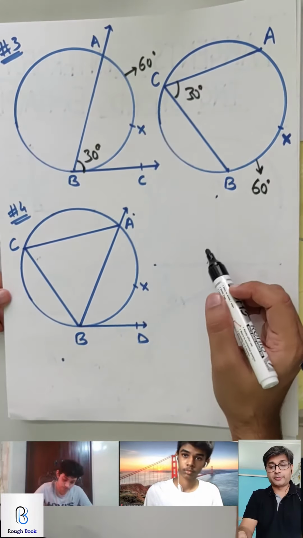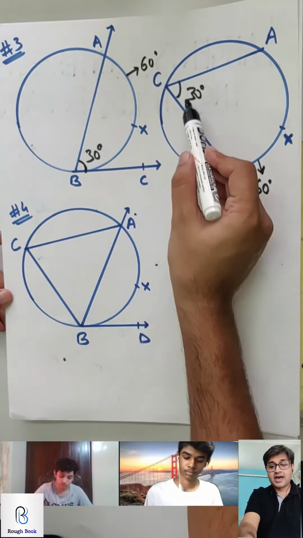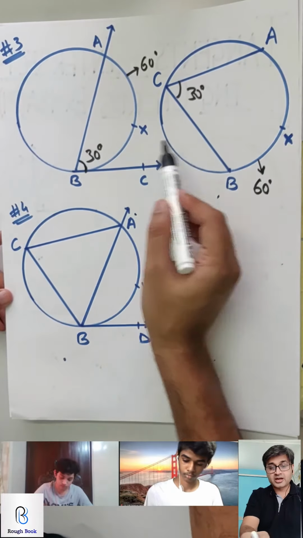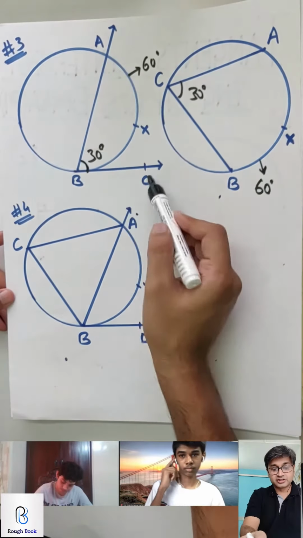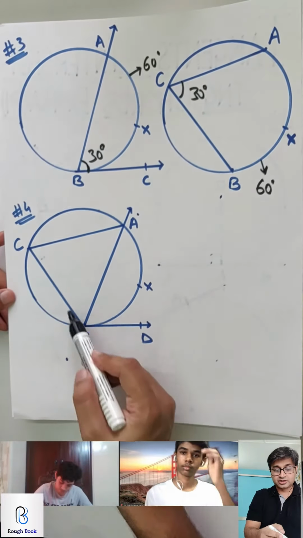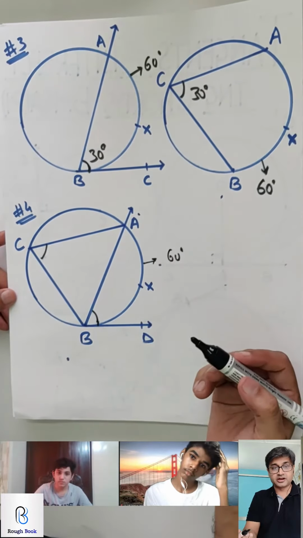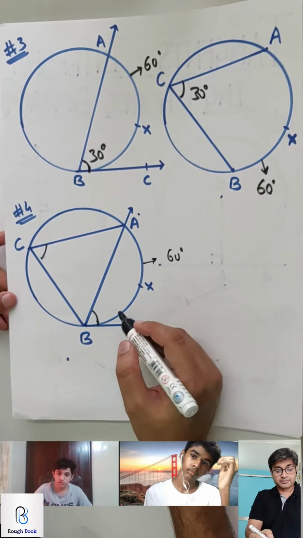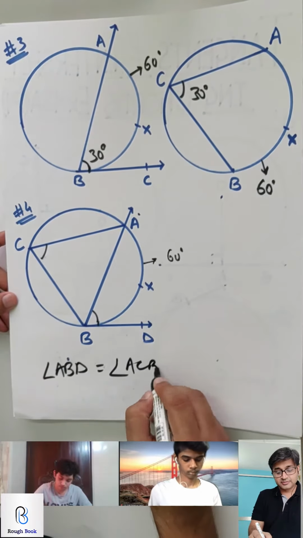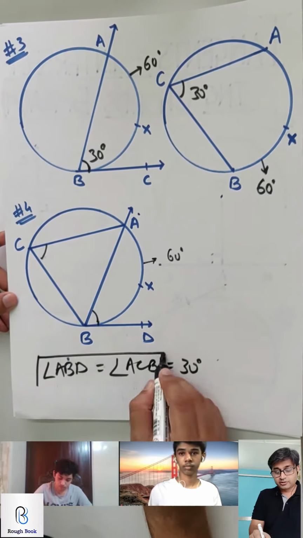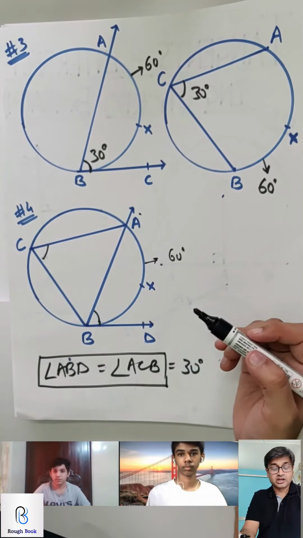Now when you merge these two properties, just observe both of them very carefully. AXB in both the cases is 60, and therefore both the angles are 30. Now if I combine both of these in a particular diagram like this, I will have ABD, this one over here, and I will have ACB, this one over here. So let's say if this is 60, then these two are straight away equal to each other. Am I right? So in that case, I can say angle ABD is equal to angle ACB. Both are 30, so you don't have to prove them. You can directly say that angle ABD and angle ACB are equal to each other.